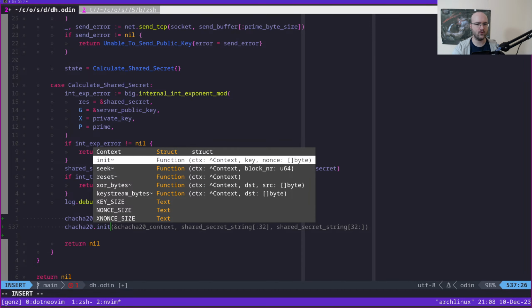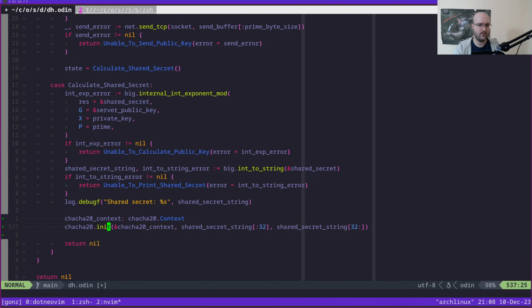So we want to initialize this, which takes a key. What am I even doing? Why can I not read, apparently? That's ridiculous, actually. Shared secret string. I would be interested to see if this made sense. I don't think it does, though. But regardless,